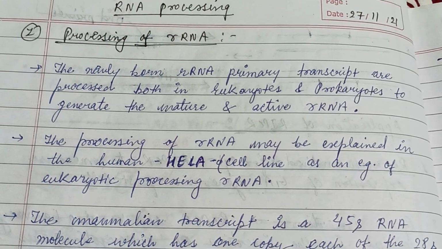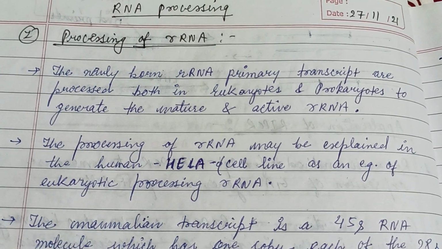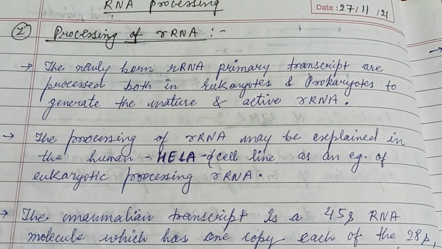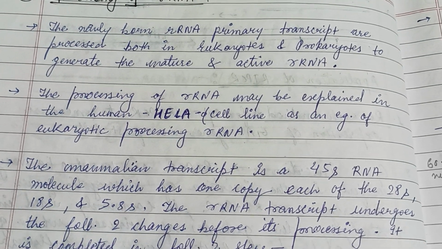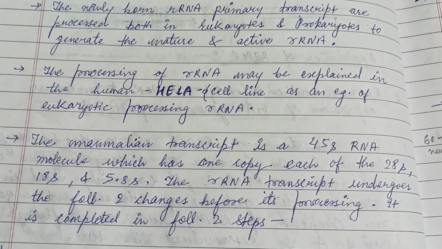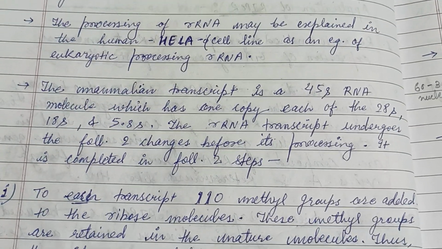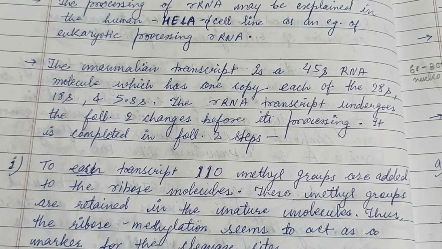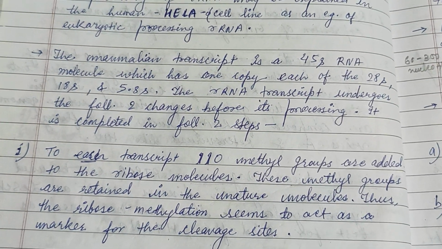Friends, today we are going to see the processing of rRNA, and in our previous video we have already discussed the overall view of RNA processing. So the newly born RNA primary transcripts are processed, both in eukaryotes and prokaryotes, to generate the mature and active rRNA. The mammalian transcript is a 45S RNA molecule which has one copy each of the 28S, 18S